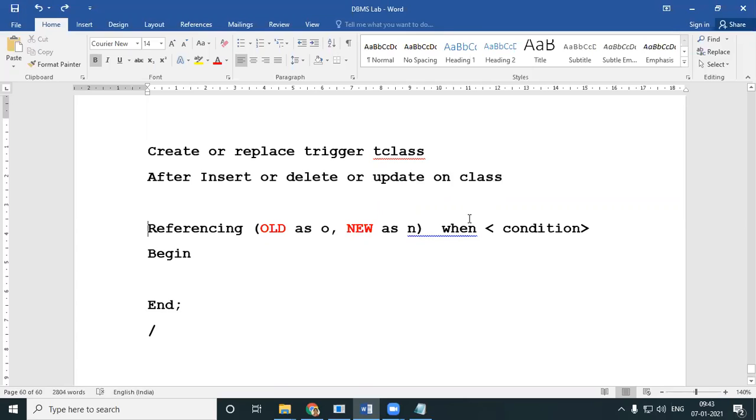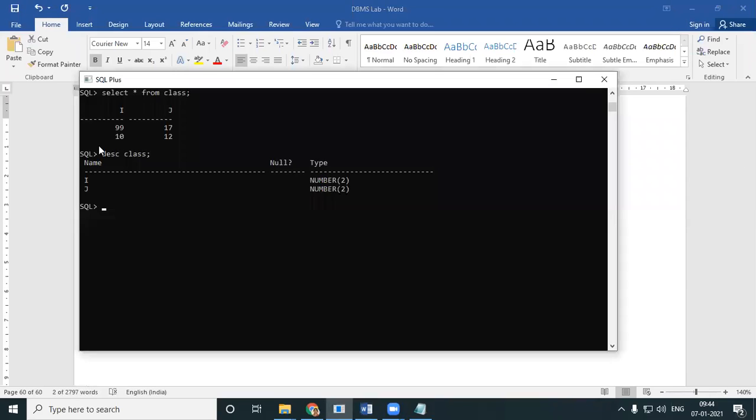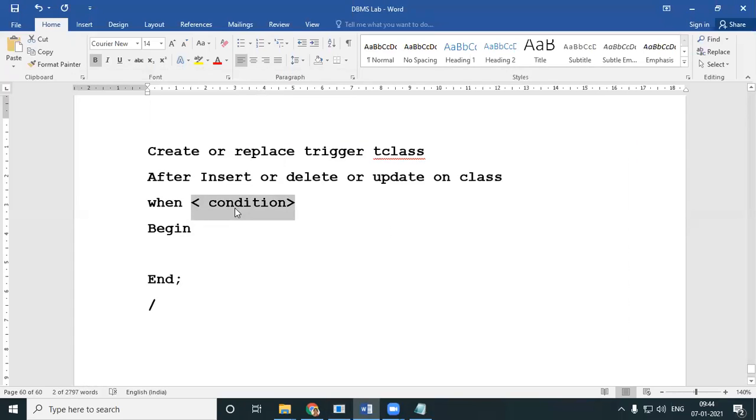These are optional. You can also give a condition, for example, whenever I is not equal to 0, this should happen. So I can simply give when the new value, which is the new value I'm going to enter, not the existing value, is greater than 0.